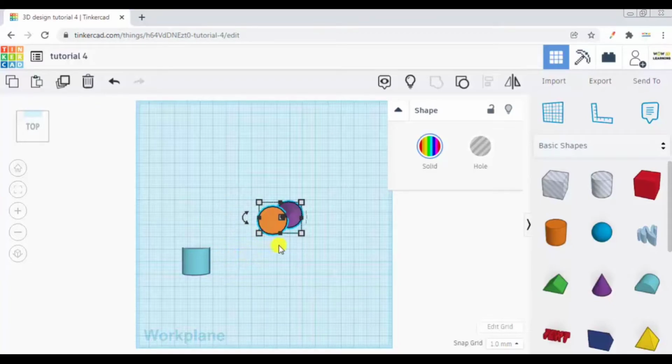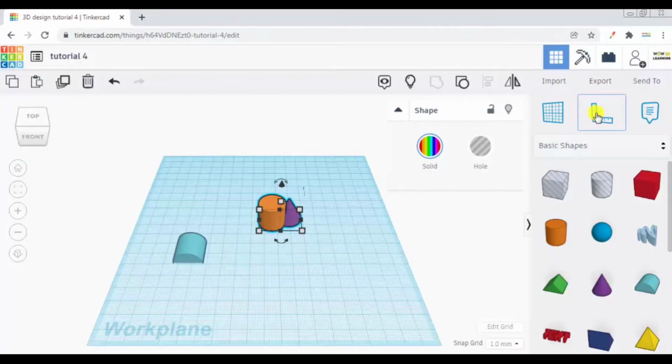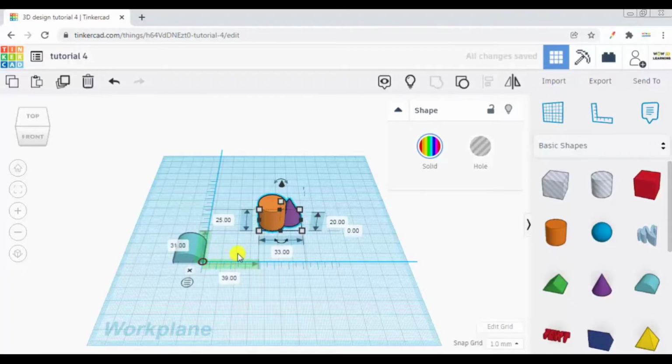For that, we have a tool called the ruler. Now if I click this ruler icon or I press R on the keyboard, this L-shaped ruler will appear. Now let me place it at the edge from where I want to measure the distance. So I want to measure from here. I will place it at the edge. Now once I place it here, you can see a lot of double-sided arrows and measurements coming. We will look at them one by one.